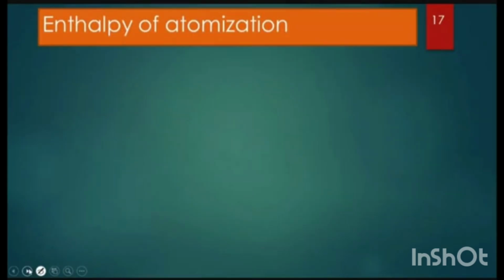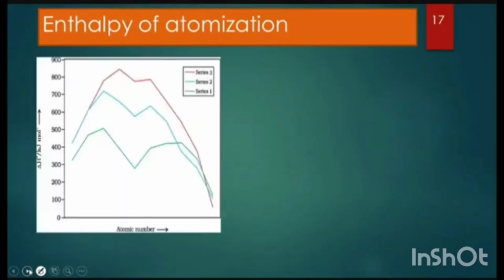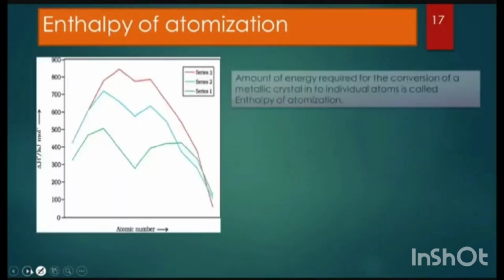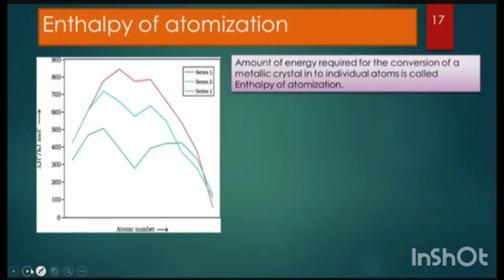Enthalpy of atomization. Here it is defined like this: the amount of energy required for the conversion of a metallic crystal into individual atoms is called enthalpy of atomization. So I repeat, the amount of energy required for the conversion of a metallic crystal into individual atoms is called enthalpy of atomization. Suppose we have a metallic crystal like this,